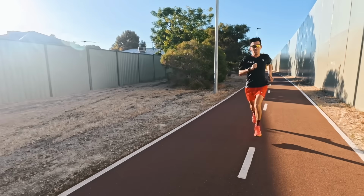So 9 times out of 10, when there's not some crazy tactics going on in the race, you're probably going to notice that the person with the highest speed at lactate threshold is probably going to win the race, just because they're going to feel the freshest and they haven't accumulated hydrogen ions, which makes their legs feel a little bit heavier. So now we're going to be talking about VO2 Max,